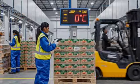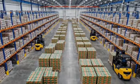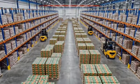All packed cartons are stored in a state-of-the-art cold storage facility. Maintaining precise temperature ensures